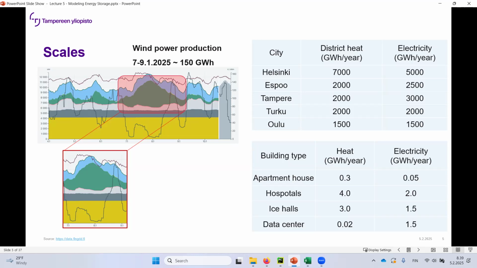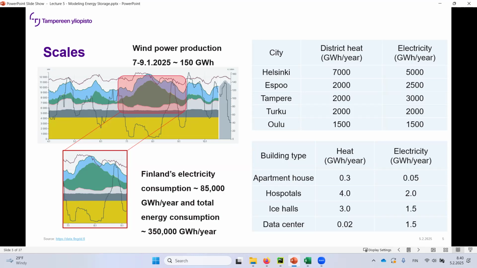Here you can see the consumption is rather high as well, so not a lot of room to use these energy storages there. But the amount of wind power in those bursts, you get the idea of how many gigawatt hours they contain. And Finland's electricity consumption,